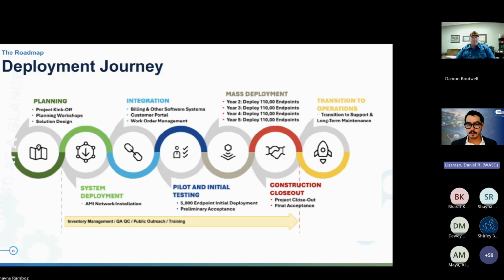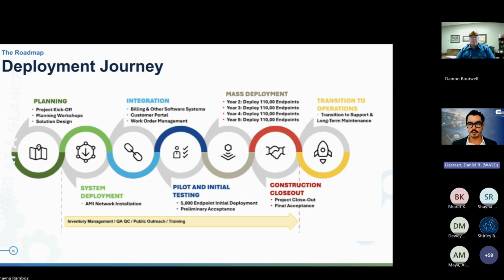Where we are currently is right around steps 2 and 3. We've already completed our planning phase and initial kickoff. The NTP for our AMI program was in March of this year, March 2026. So we've gotten over a few initial hurdles in our planning stages, and we're currently in the system deployment integration